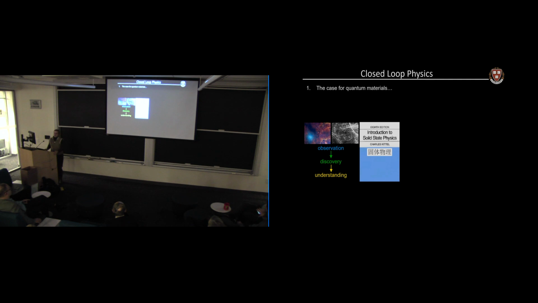On the other hand, solid state physics, this length scale of atoms, which is in between these 2 length scales, solid state physics is another name for it. So this is Kittel's book, which is kind of the Bible of solid-state physics. And when I was a graduate student, I had the luck to travel to a conference in China, and I took the opportunity to pick up solution manuals to all my favorite textbooks. And I picked up the solution manual to this one.